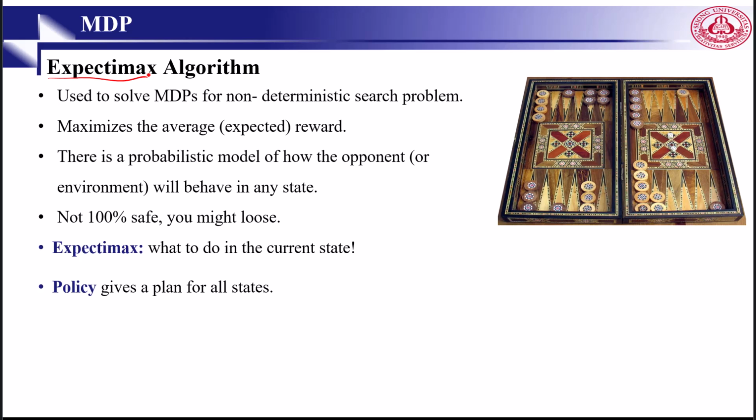So using the Expectimax algorithm, we can think of our objective in MDP, and what is that? Maximizing the cumulative rewards. To do so, we consider a probabilistic model. The model tells us how we can win. It means maximizing the reward. Is it 100% safe? Absolutely not. The final rewards are not guaranteed at all. This algorithm tells the agent what action to select. It means it can lead you to the maximum possible rewards. And accordingly, we can have an optimal policy.